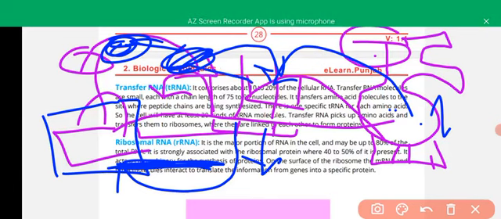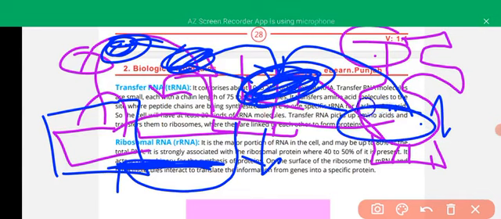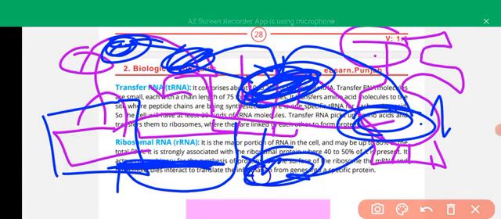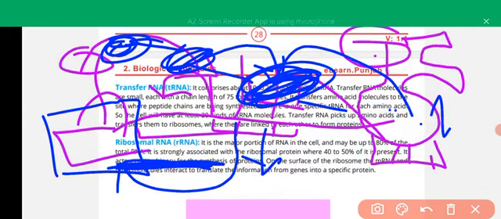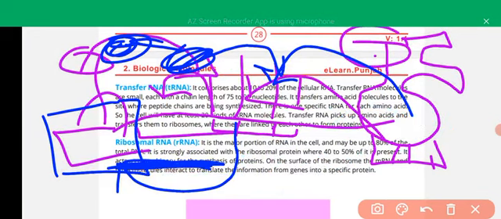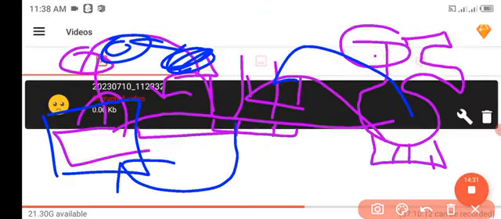In this way there are three amino acids in the chain, then four, then five, and this chain is elongated. At the stop codon there will be no further elongation of the chain, and the translation is almost